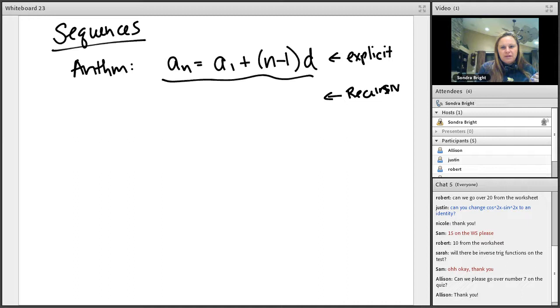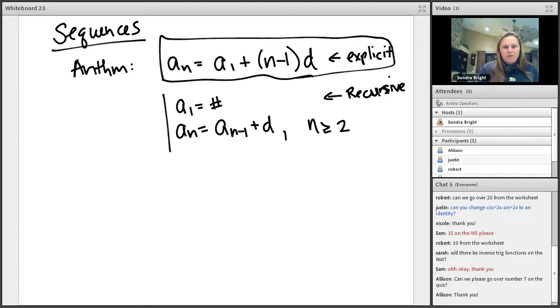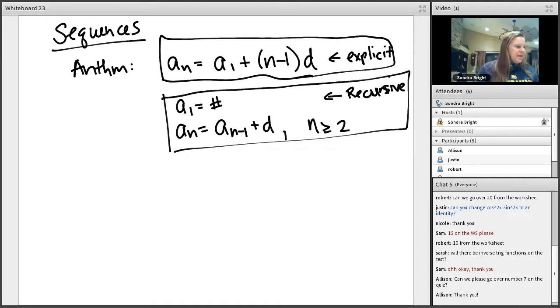I should have organized this better, but whatever. For the recursive way, you have to identify what your first term is. Your first term is something, and then you'll say the nth term is the term right before it, plus the common difference, and you also need to say for n is greater than or equal to 2. So explicit for arithmetic, recursive for arithmetic. Yeah, and then